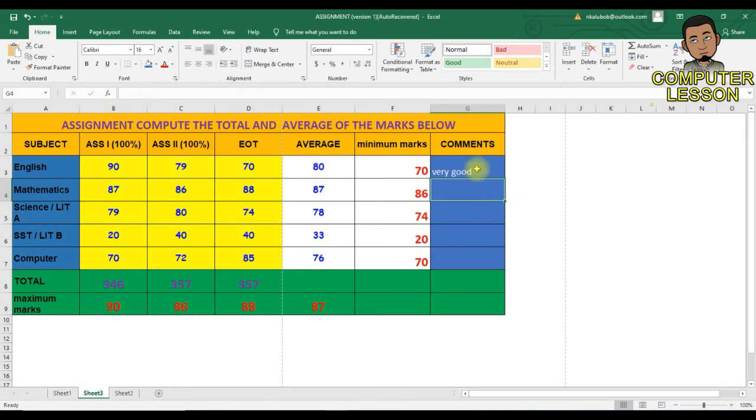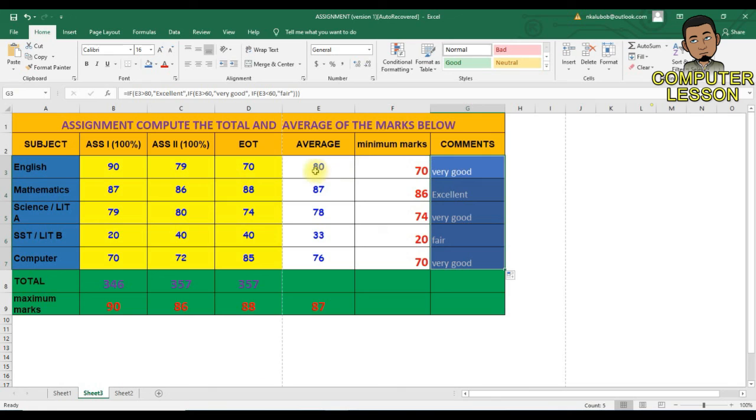So this one, the average, I'm getting very good since it is above 60. If I copy my formula to other cells, I'll get excellent for 87.